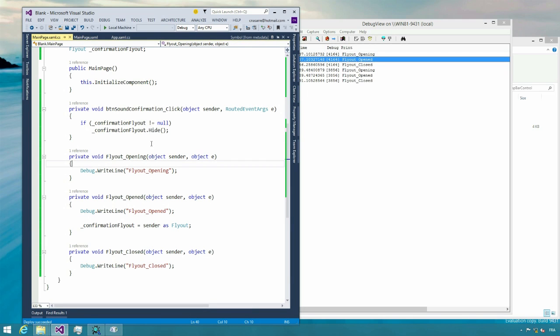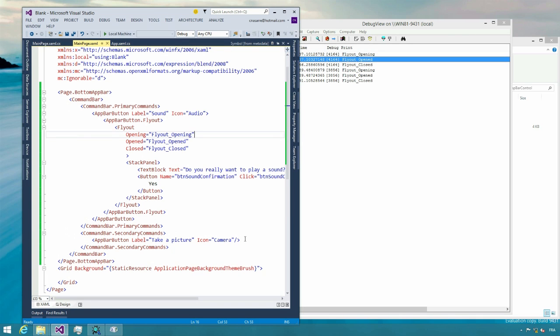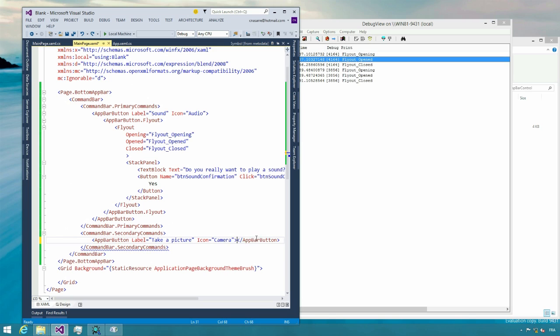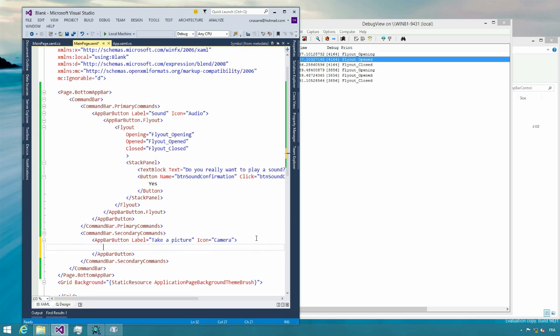There is another kind of flyout which is also handy, something close to a contextual menu that you define on a button. So let's go back to the XAML, and on the take a picture element, I want to have inside my app button exactly the same way I had my flyout for the sound, the side command. I will now define in my app bar button,